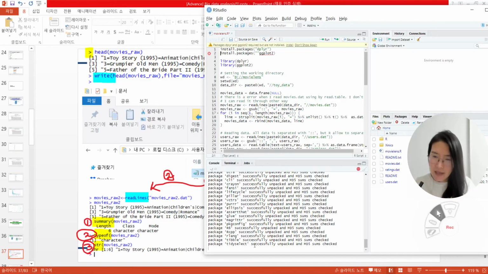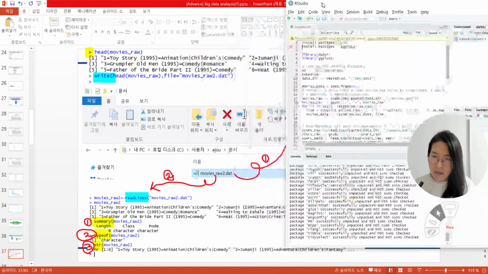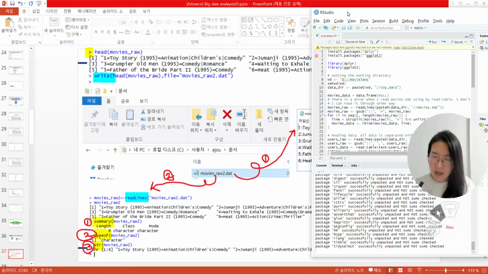I think it will take a little time, so we better wait, and then we can continue to explain the next comment together. If you install two packages, you can make your own